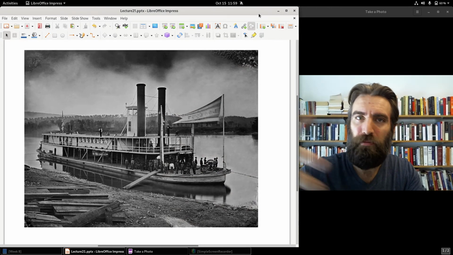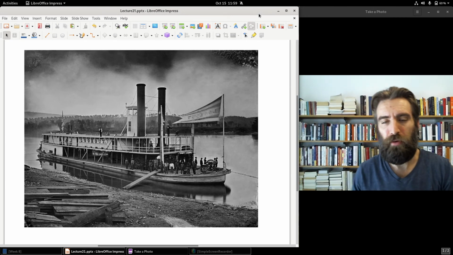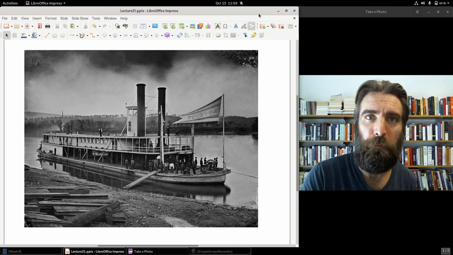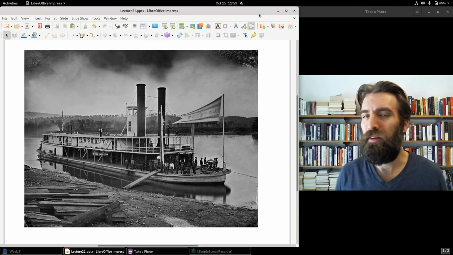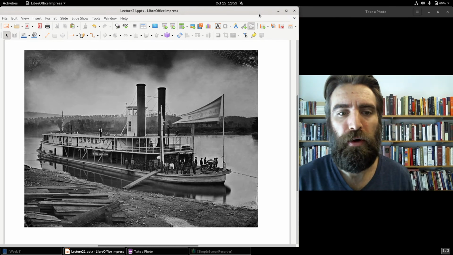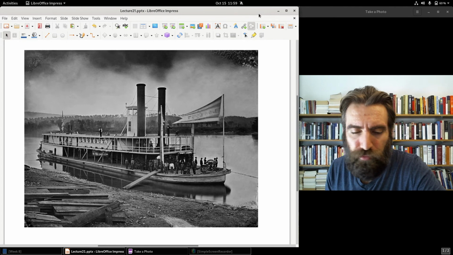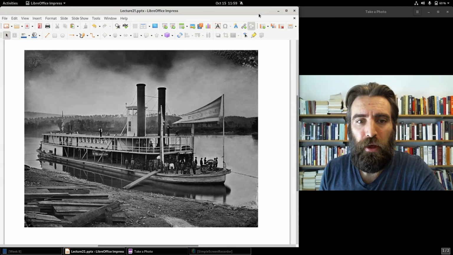Internal travel within the United States just became easier in general. Prior to all of these innovations, it took 52 days to travel from New York City to Cincinnati. Now it takes only 6 days to travel from New York City to Cincinnati. That's where the 6 days came from in my brain. That's a huge improvement.